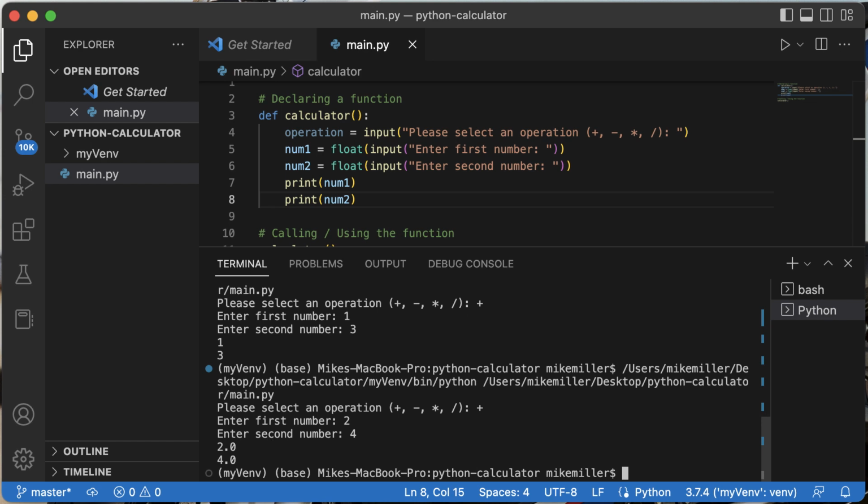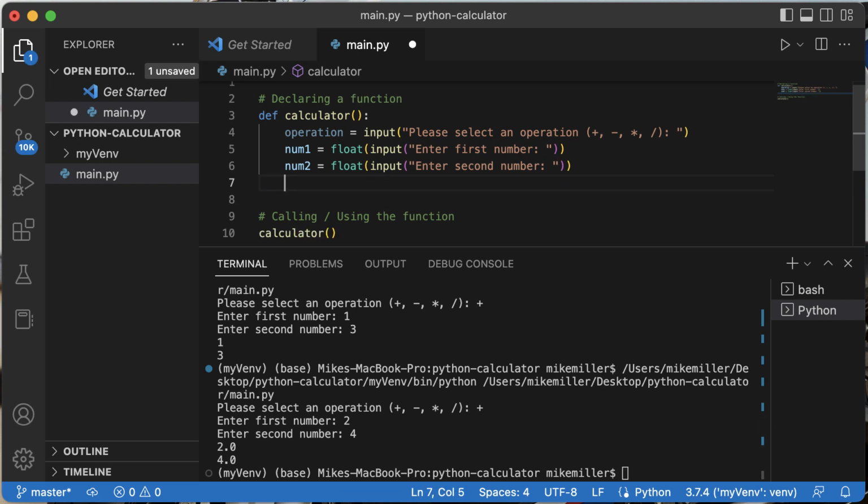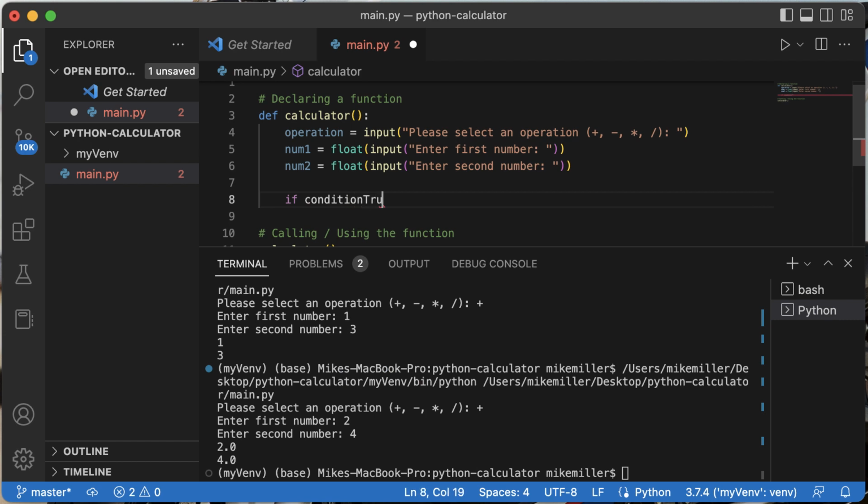Now we're in a situation where we are able to take an input for the values from the user, but now we need to create conditions where we can select certain operations as the user enters them. So we can create conditions using if-else statements, or in Python we call them if or elif statements. And so we could start by creating a simple if statement, and then if this condition is true, so if condition true is how the compiler reads it, then